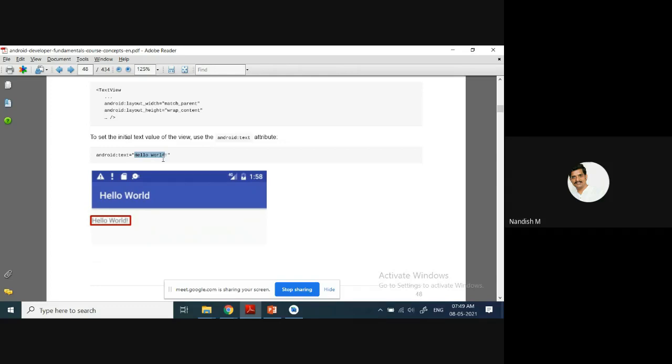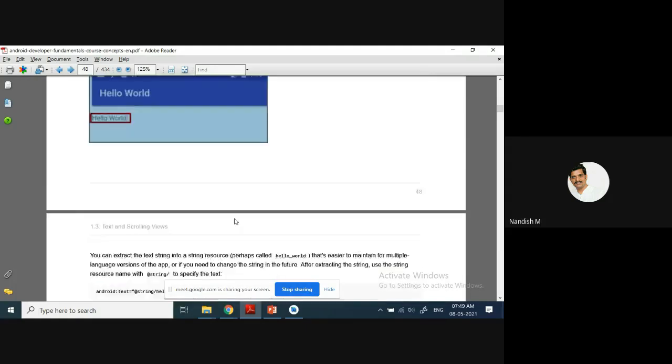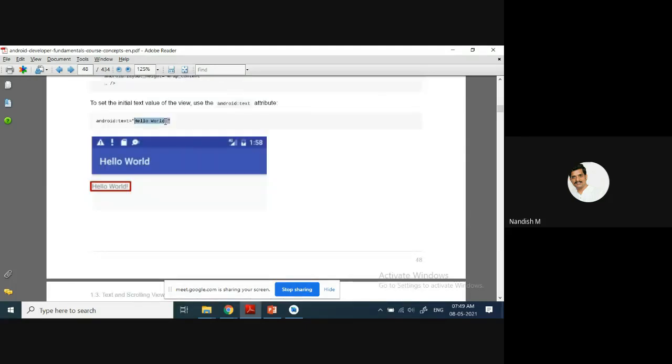This is the one, because of Android text equals hello world. If you write your name here and run it, within the app you can see that name. It is not always that you should give the value directly here.